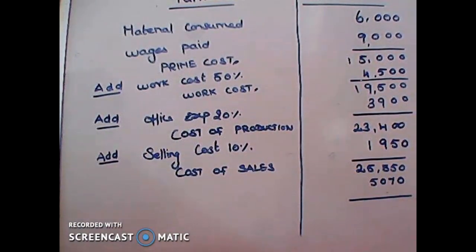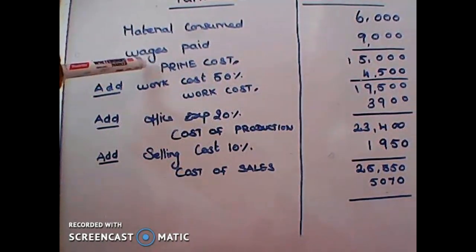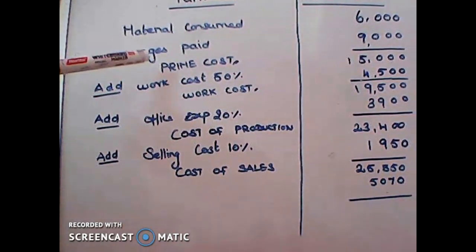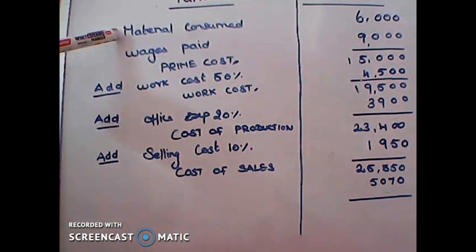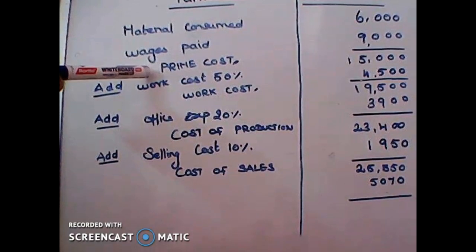And also, we have already seen in our format that direct material, direct wages and direct expenses together form the prime cost. Here in this question the direct expenses are not given, so we may leave them. So we are going to add the material and wages, which are nothing but the direct material and direct labor. We get rupees 15,000 as our prime cost.